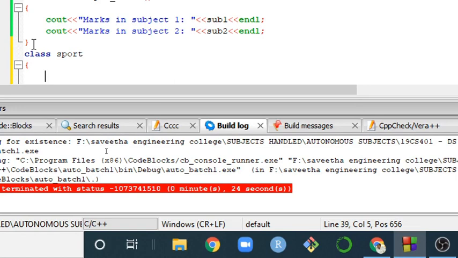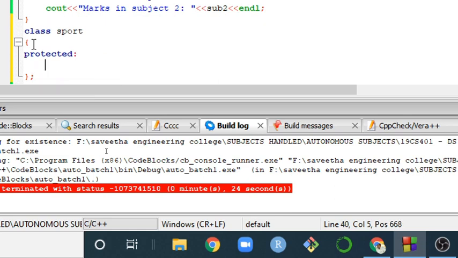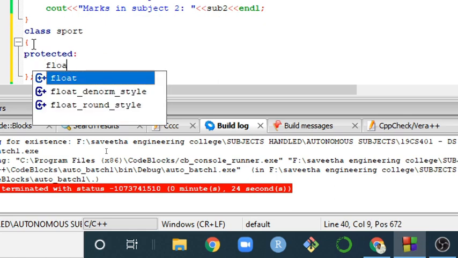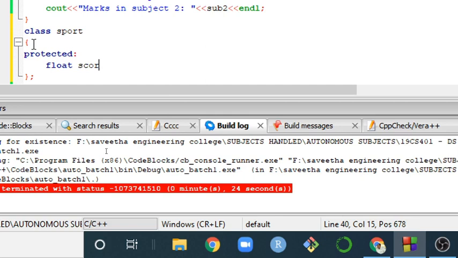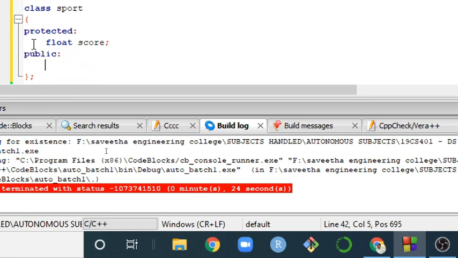and I'm going to have one data here. Let that be in protected access specifier. Let me say under float my score under any game that you're playing. Under public, let me have the same concept, two functions. One is to get the score, another one is to display the score. Let me have void